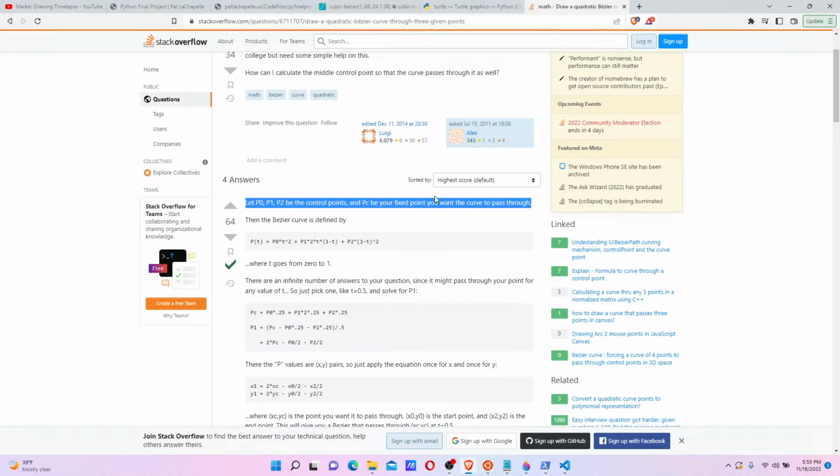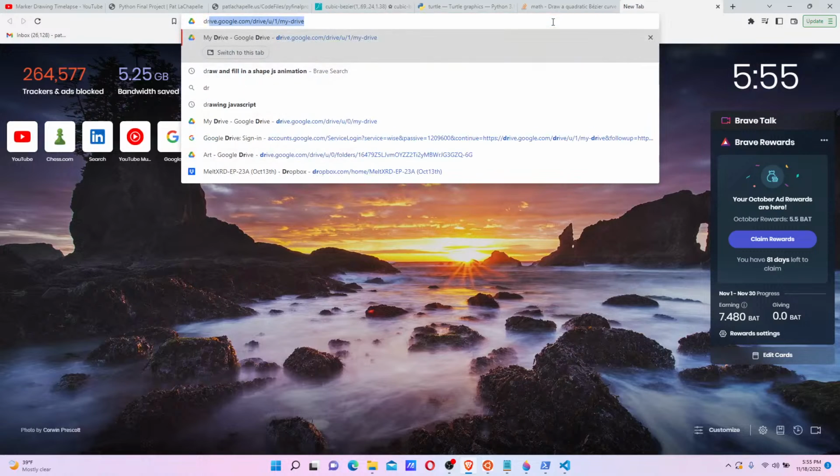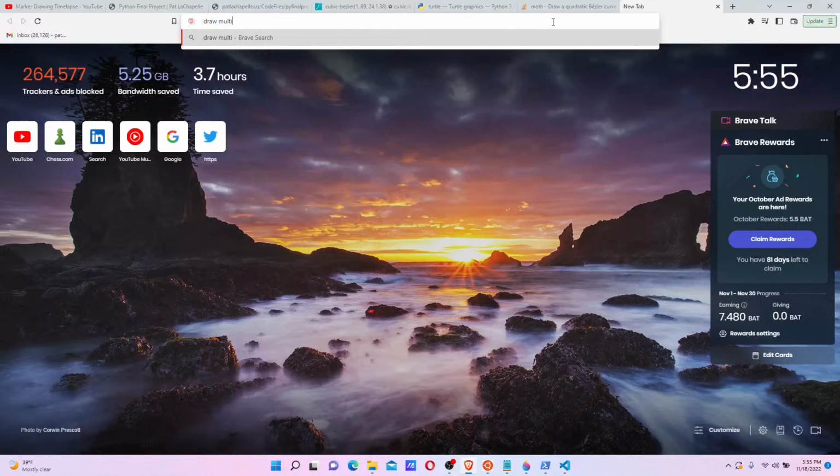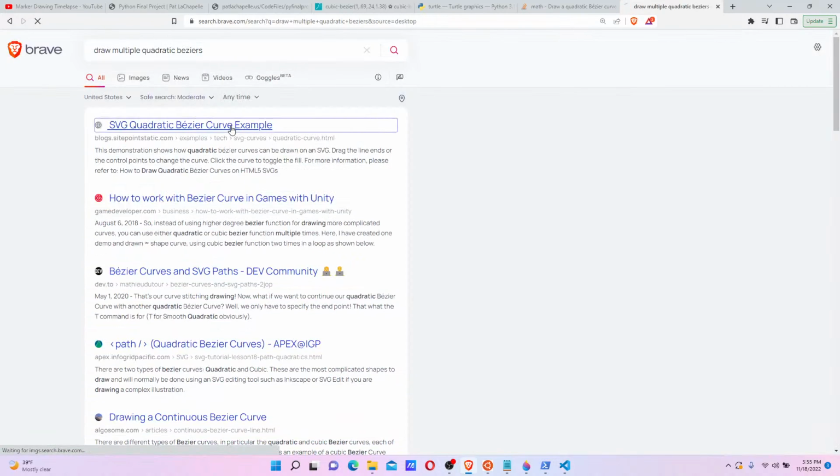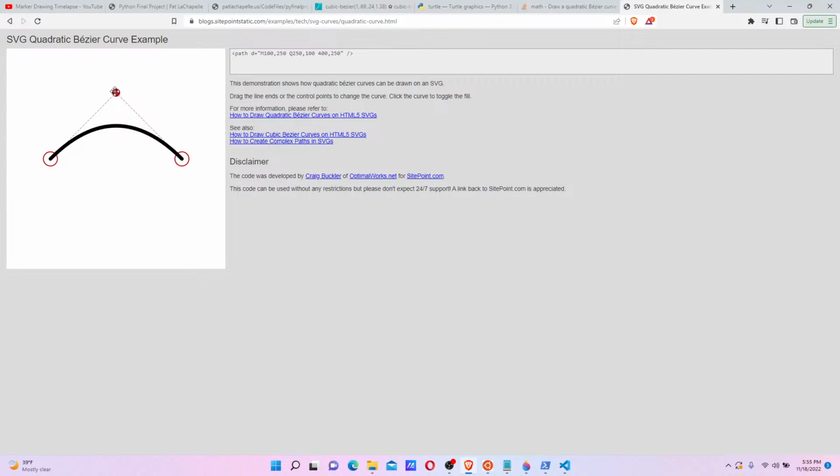If you have a quadratic, let me think. Draw multiple quadratic Béziers. Yeah, so that's what I want. That's a quadratic Bezier. So if I have the constraint of these are the 2 points here, and then this